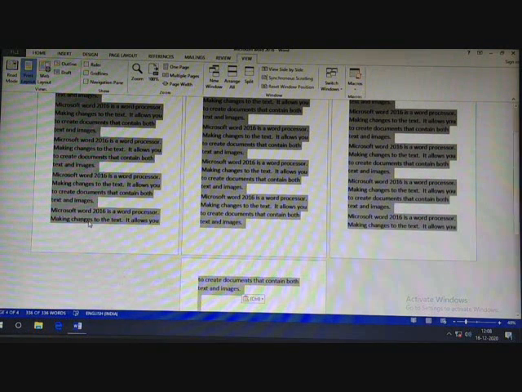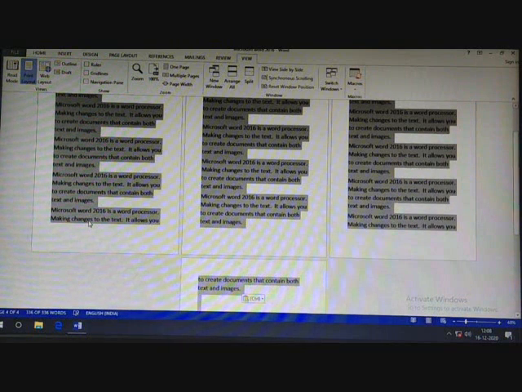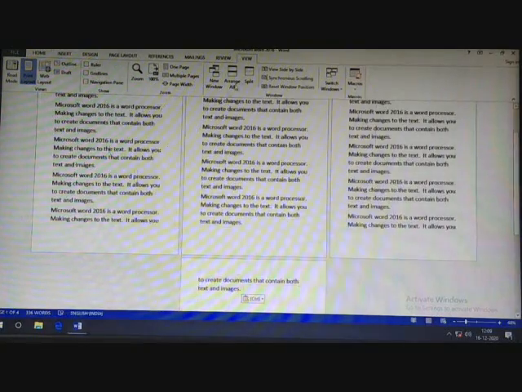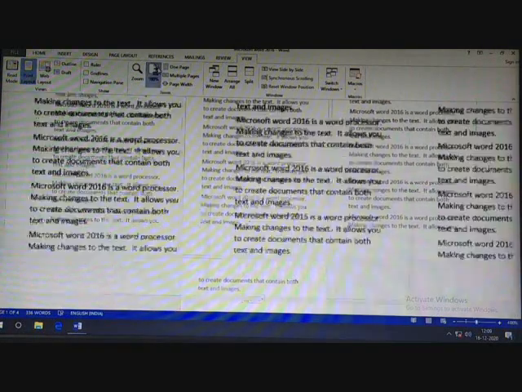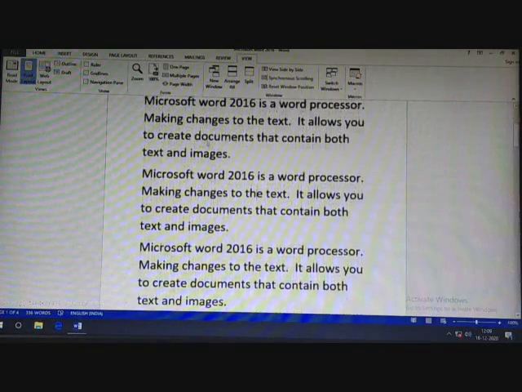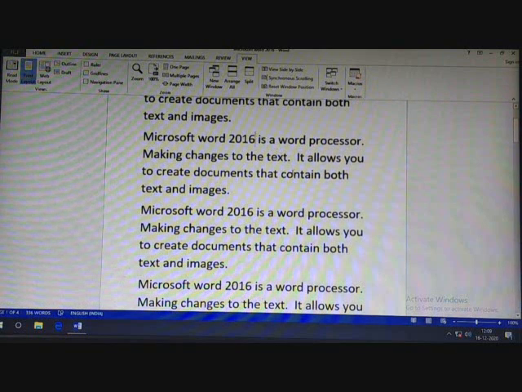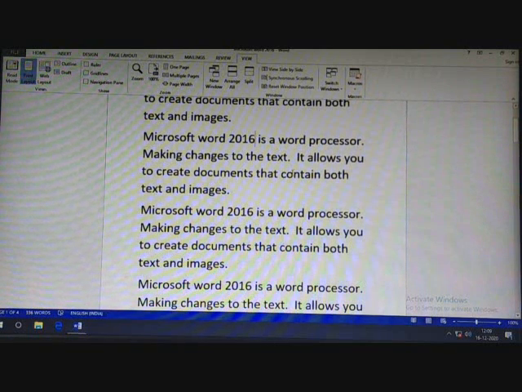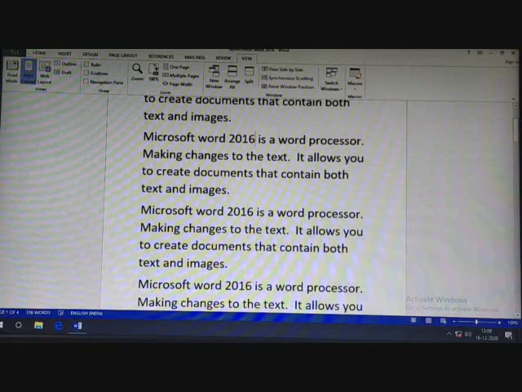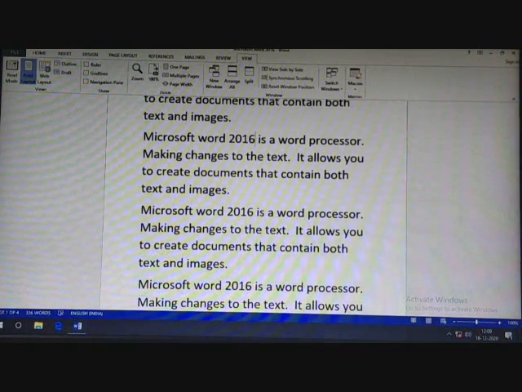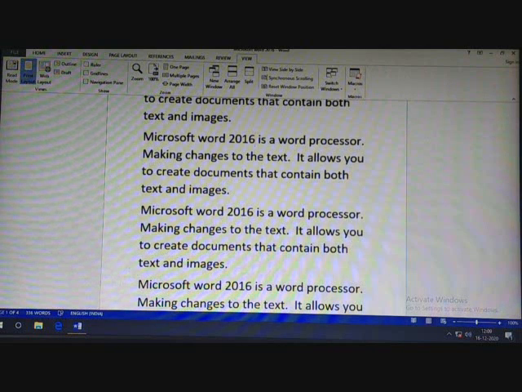First of all, if you want to select a character from the left side, suppose your mouse pointer is here, press and hold the shift key, and you have to press the arrow keys: left, right, up and down.